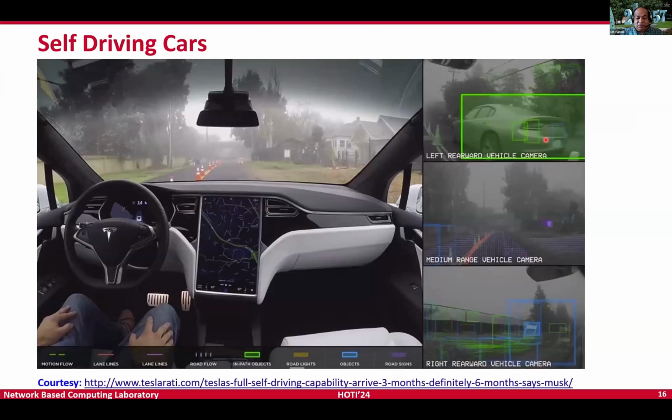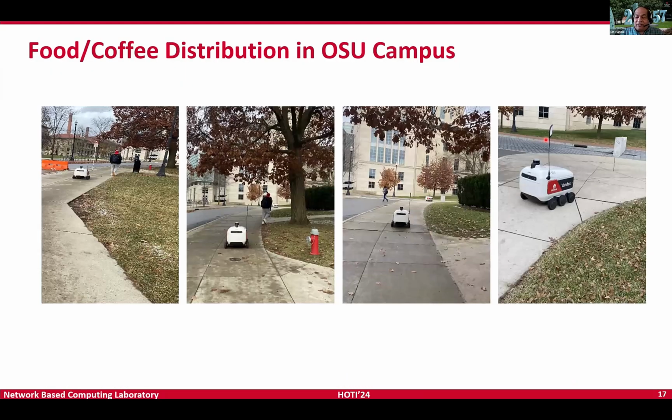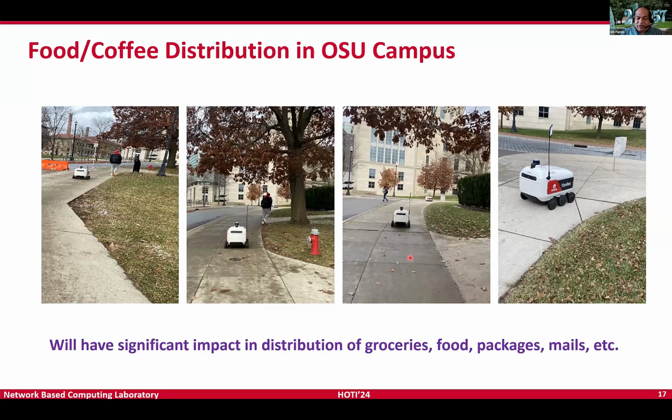Of course, the biggest challenge is self-driving cars. And this is where the Teslas and all these things are improving over the years. And miniature versions of these are coming. This is actually some images from the OSU campus over the last several years. These mini vehicles or robots, or whatever you can name them, are actually distributing food, coffee. You can just order through your iPhone and these get loaded at the cafeteria and then they actually bring it to your offices or